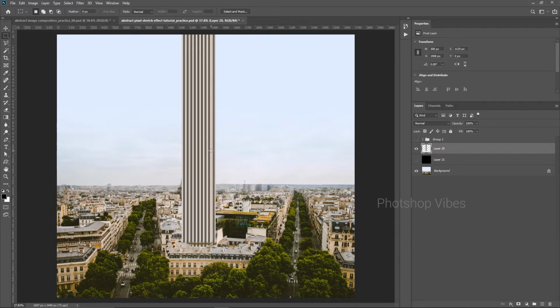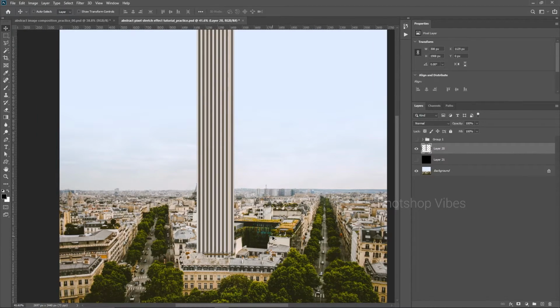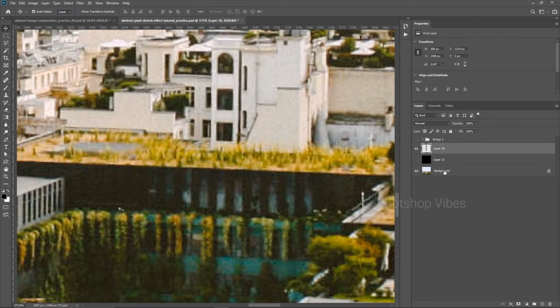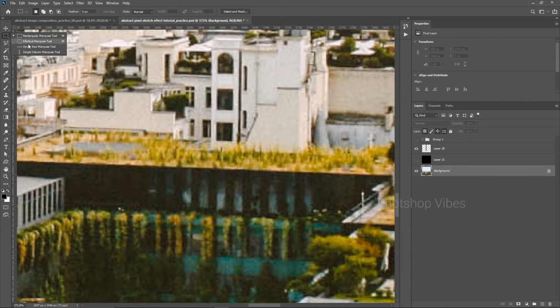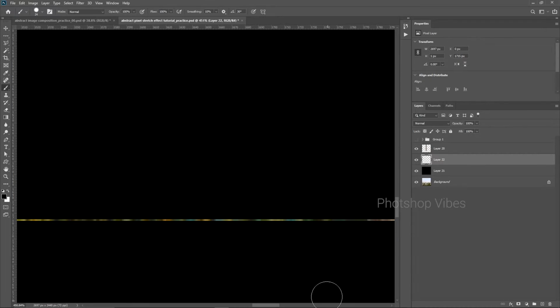The reason behind why I told you to go for a pattern kind of pixels is this. It will look really good in the result if you have selected the pattern kind of pixels. So let me try here. The procedure is the same. Just select the background image, then make sure that you have selected the single row marquee tool. Then just click once to make this selection. Then hit Ctrl J or Command J on Mac. Here you can see that we have duplicated those pixels.